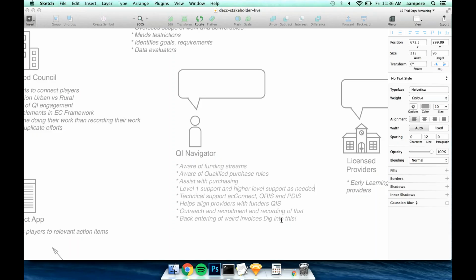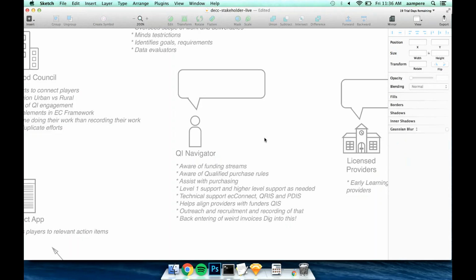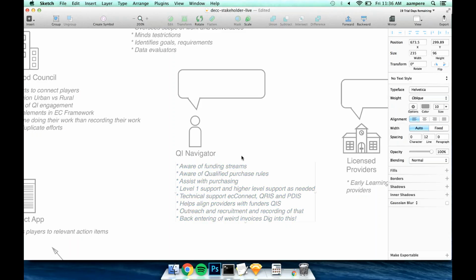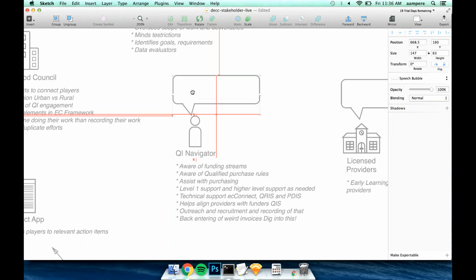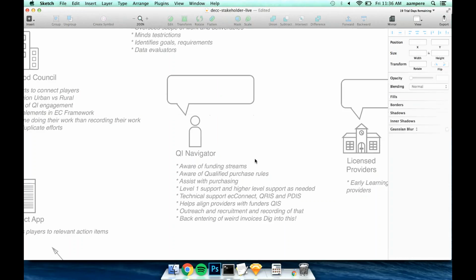They're really responsible for the flow of work, and our coaches are responsible for content coaching. So I think that is another one where it depends on the council structure. Yeah. Would you say that the QI navigator is kind of the primary contact for sites, or do you feel like the coaches? Like how do you guys think of that? I would say it depends on the size of the council.